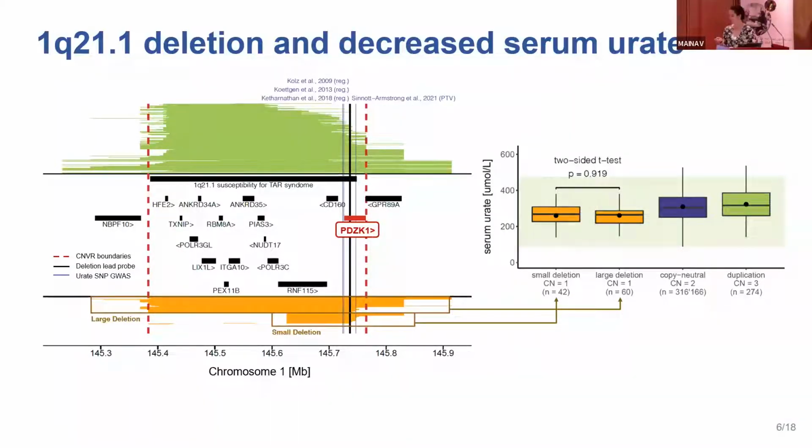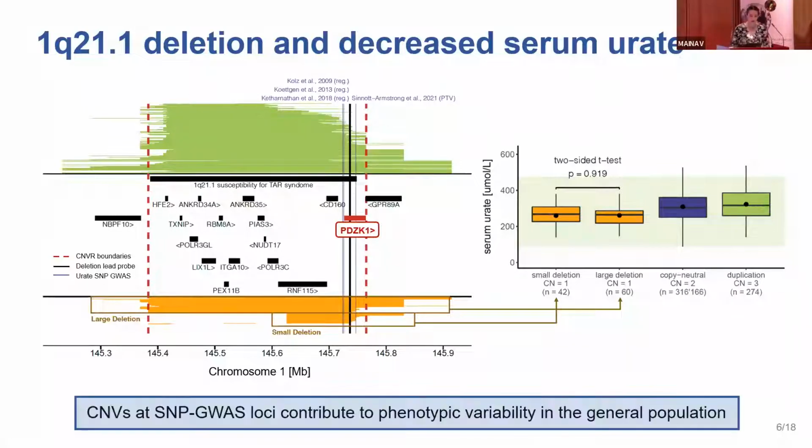So the ones that have the large deletion versus the small deletion that only affects PDZK1 and a few adjacent genes. And what you can see from the box plot is that it's sufficient to carry the small deletion in order to observe the phenotypic consequence. So that means that with this evidence, we can be very confident that PDZK1 is causing the observed association. And I think that this example illustrates well how CNVs at SNP-GWAS loci can actually contribute to phenotypic variability in